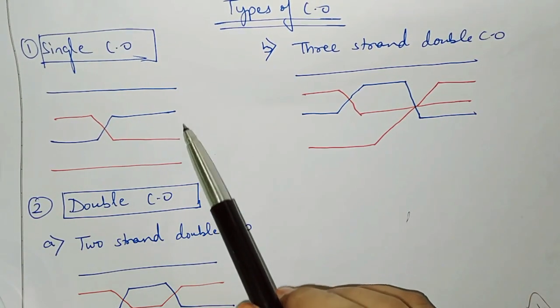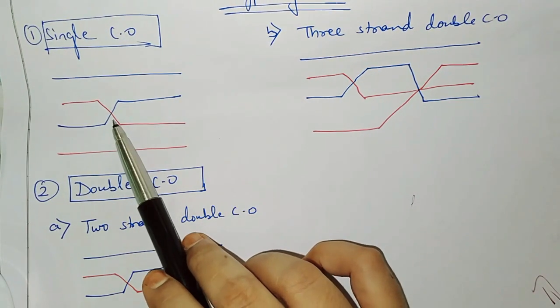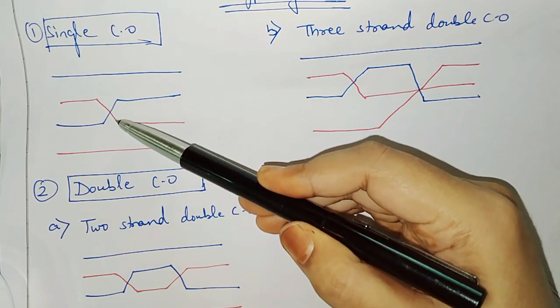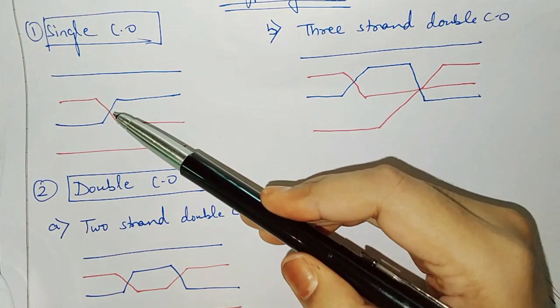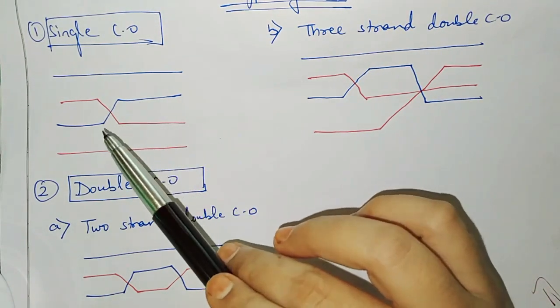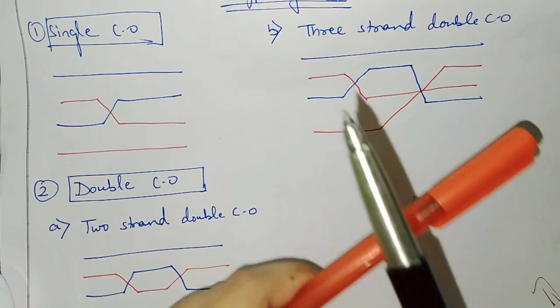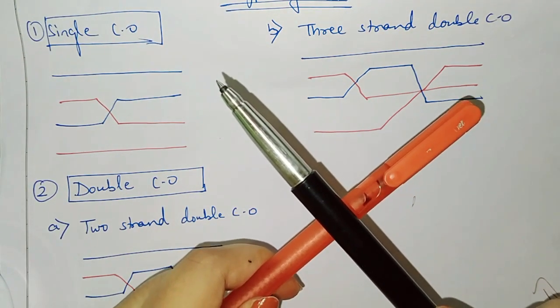non-sister chromatids are involved. Whenever you see such diagrams, you may think that at this point these two chromatids are attached to one another, and after attachment crossing over is taking place. But actually they are not physically attached. They are just close to one another and forming an X-shaped structure like this. We will talk about this X-shaped structure later on.